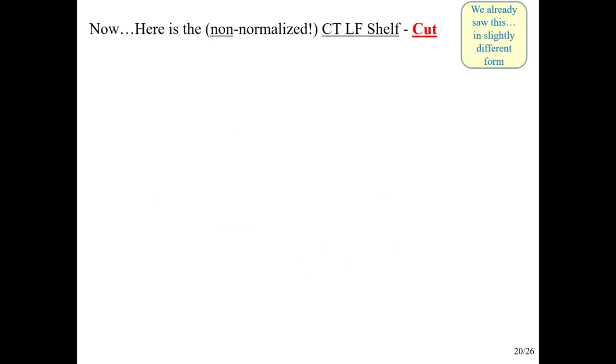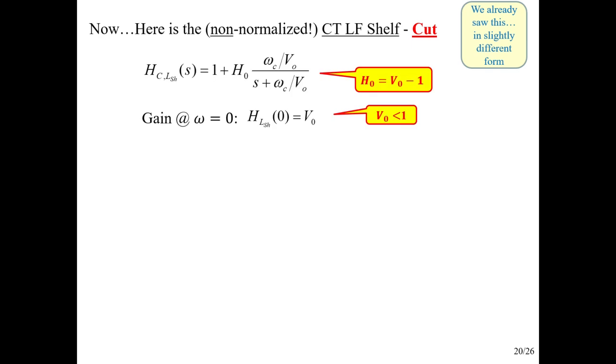So let's look at the cut version of this, starting with the non-normalized form. I'm just going to jump right to that. So if we go back and look at what we had before, we'll see something that looks like this, although I've changed the notation just a little bit. And so that's what we've seen before for the cut version. And I'm doing it just a little bit differently than I did before so that we can use V0s less than 1 for the cut case. So